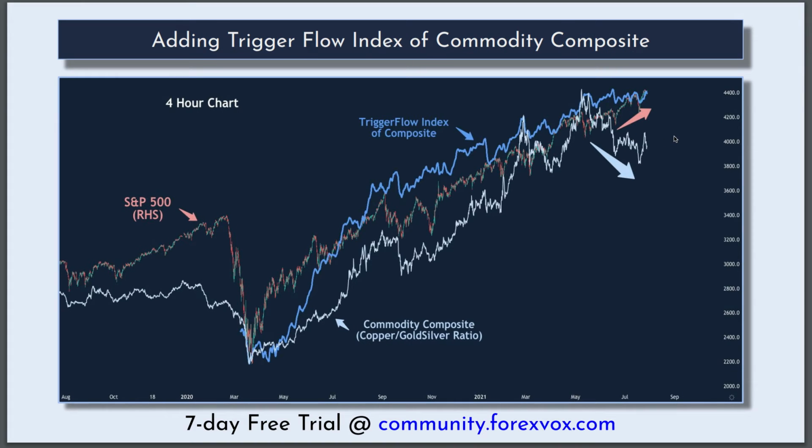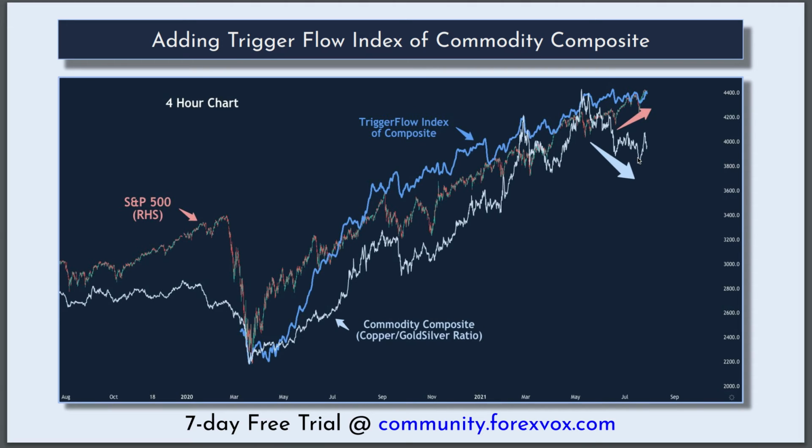This second last chart is going to be bringing in the TriggerFlow index of the composite. So this light blue line is the TriggerFlow index of this white line. So the white line is of price, and the blue line is of the TriggerFlow of the composite. So as you can see here somewhat, which we're going to get more granular in the next chart, you're seeing a much better fit with the TriggerFlow index and the underlying S&P 500 than you do with the actual commodity